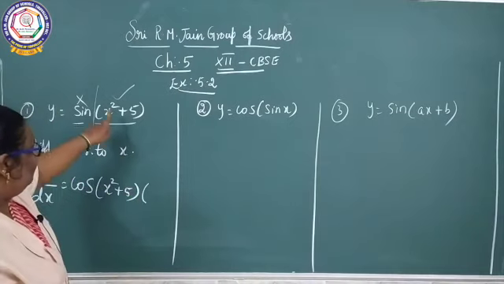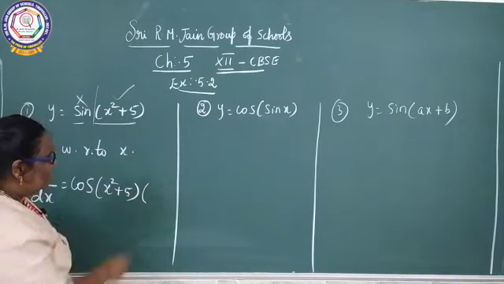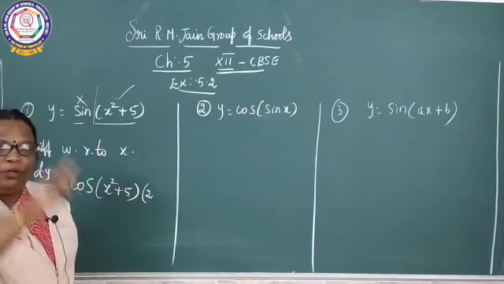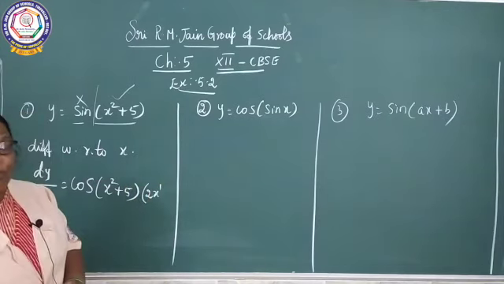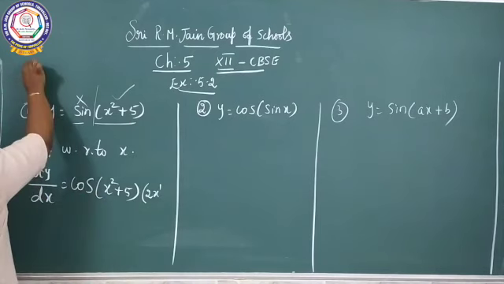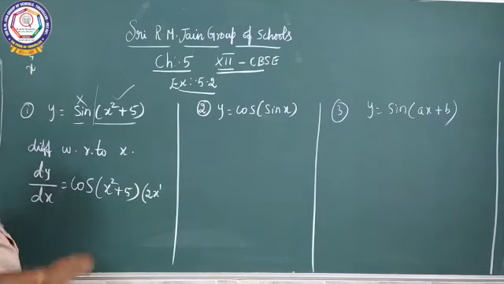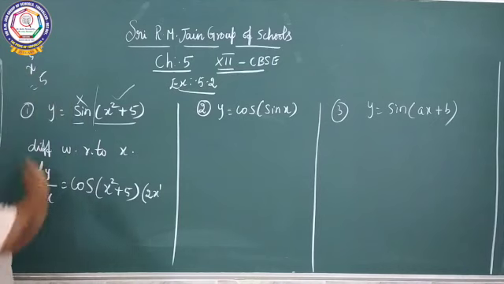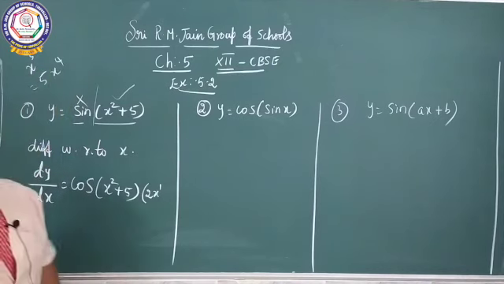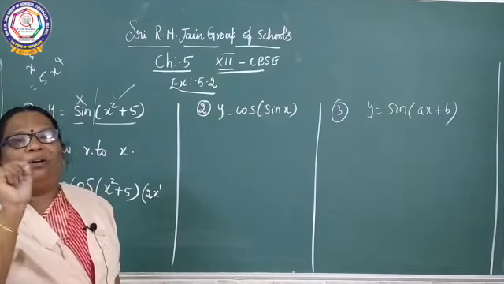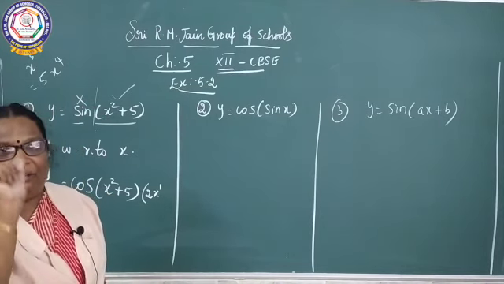Okay, see here. If it is in your power, you write the power down and reduce one term in the power, that's all. Whatever power is there, suppose x power 5, you write the power number here and reduce one power. That is the differentiation of x power n: n into x power n minus 1.